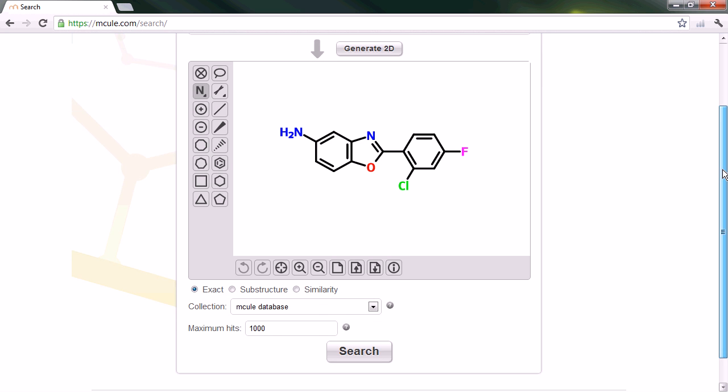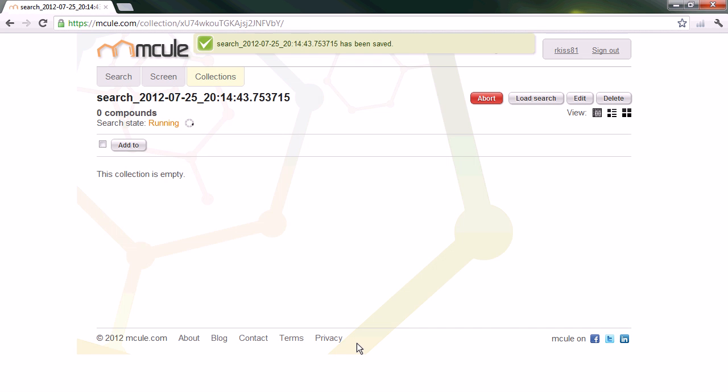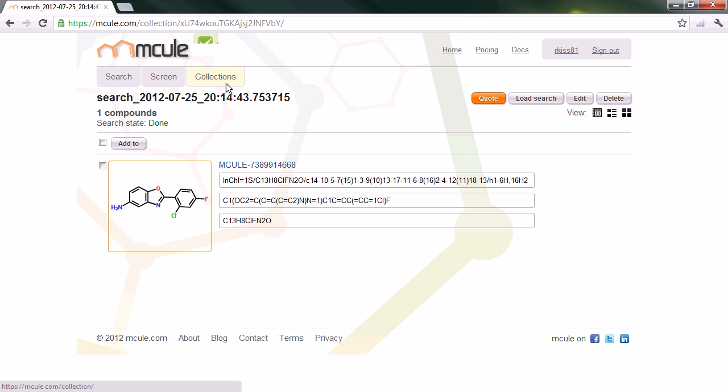So this is the ligand we are looking for. The question is, can I buy this compound? Is there any chemical supplier who is selling this compound? The best way to check is to run an exact search on the search tab. So I'm just going to click on search, and the search has been started. You might realize that now we are under the collections tab. Previously we were under the search tab, now we are under the collections tab. And this is because